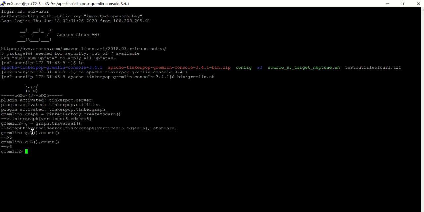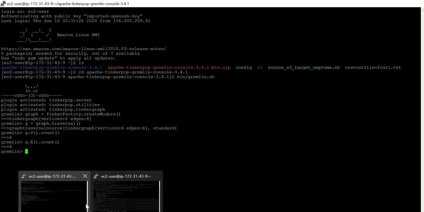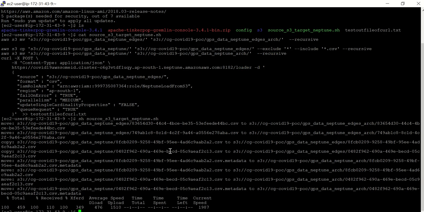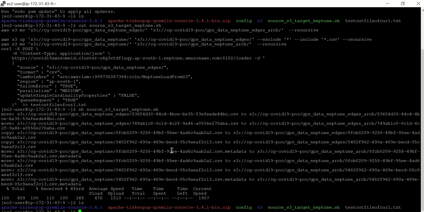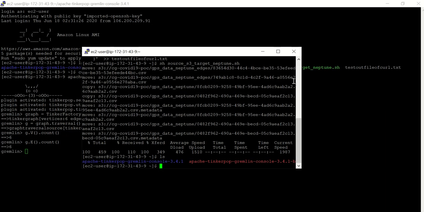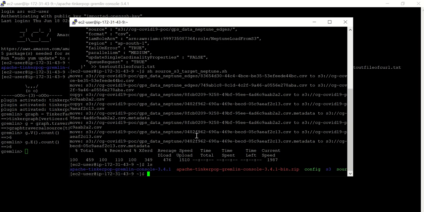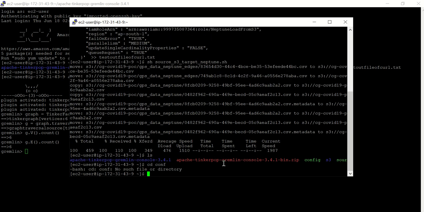Basically, by default it will have 6 nodes and edges populated. To connect to our cluster, we need to connect through remote. The remote connection should have been configured in the config file.